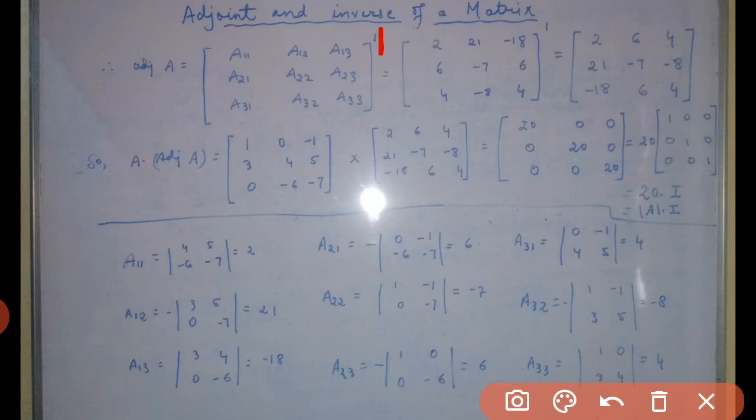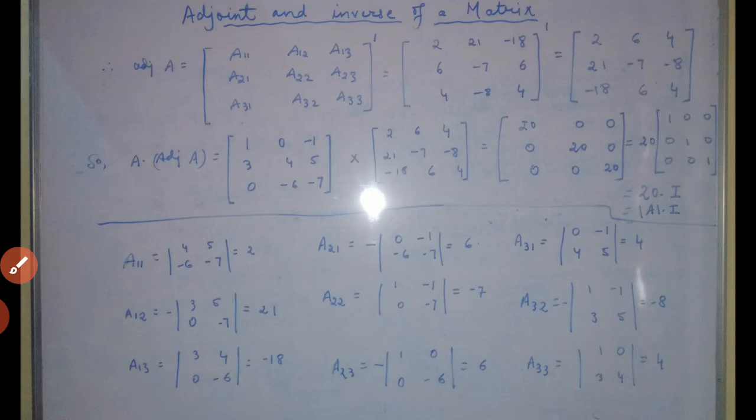Okay. Now, we have the value of A11 as what? 2. We just put this value here. We have the value of A12 as 21, so we just put this value here. Next, A13 is minus 18, so minus 18 is here. A21 is 6, so we just write it here. A22 is minus 7, so we'll put it here, minus 7. A23 is 6, I just write it here, 6. So in this way, we'll just put all these values one by one. Thereafter, the 4, minus 8 and 4 are written in this matrix form, and the whole of this transpose.